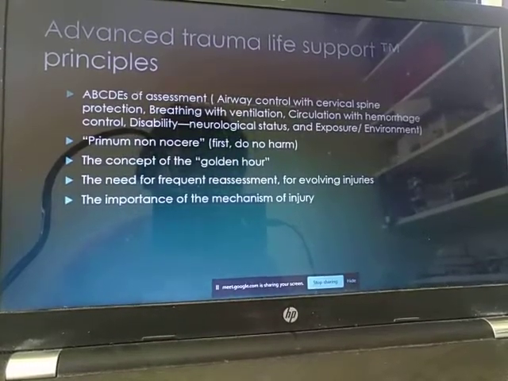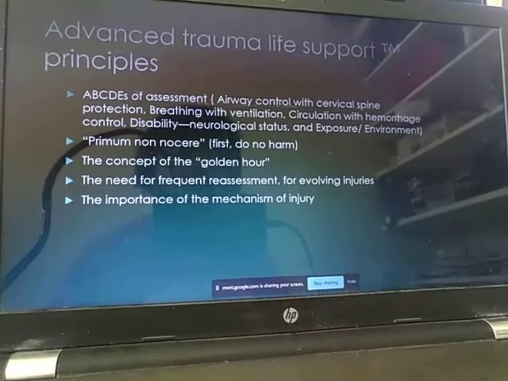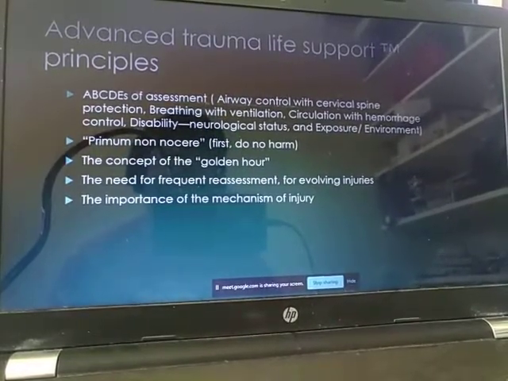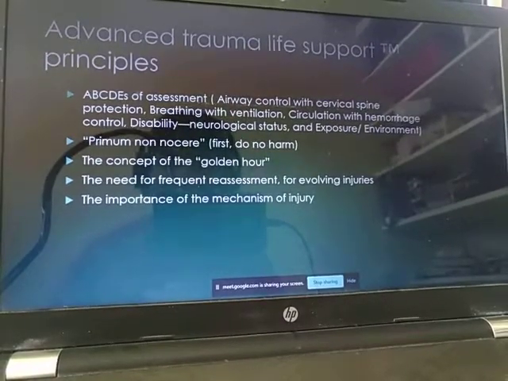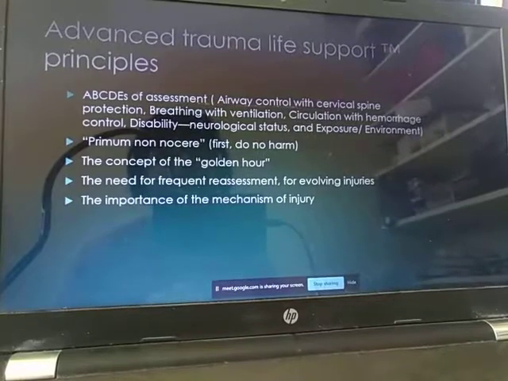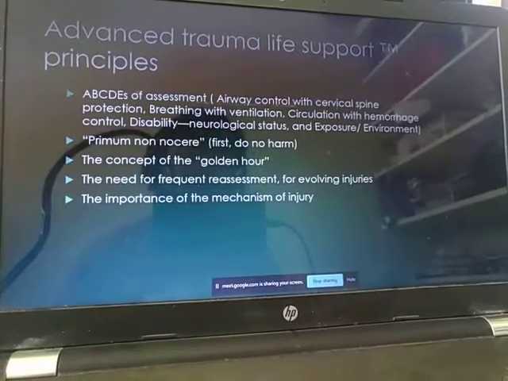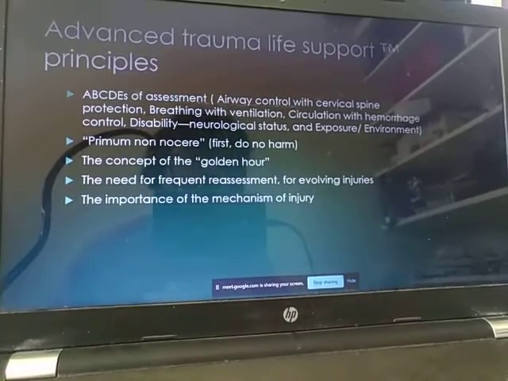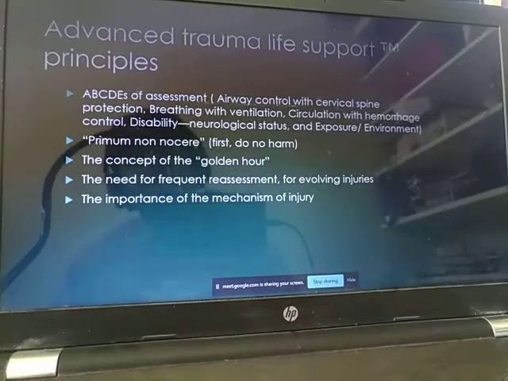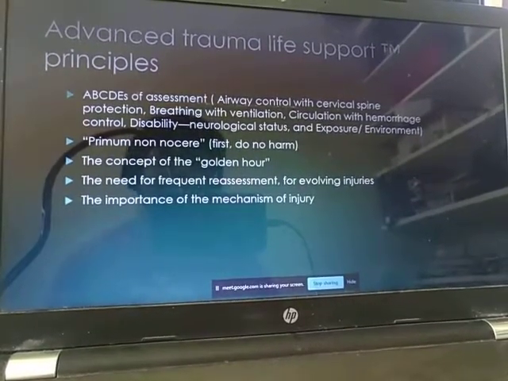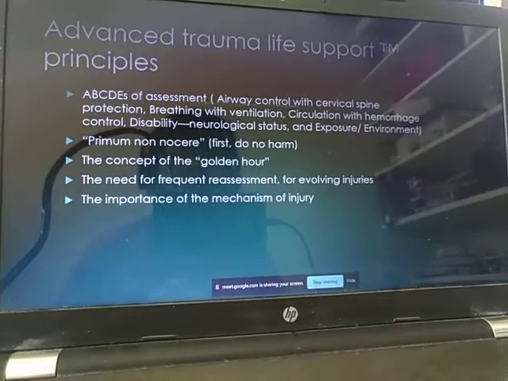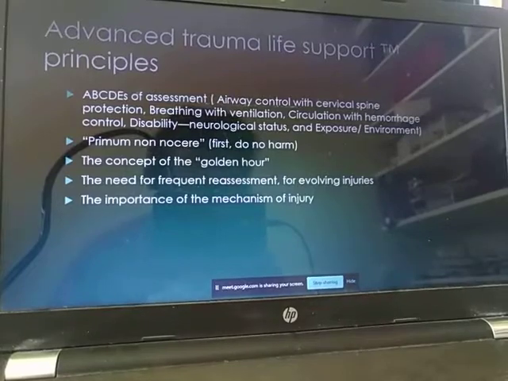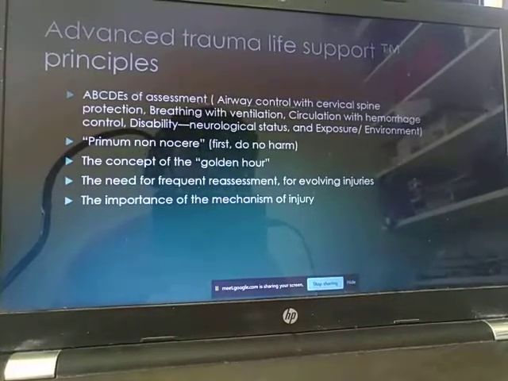Suppose for airway control, the clinician should see if the airway is obstructed by any debris or any blood clot or vomit or any fractured segment of the bone which may have displaced posteriorly and is obstructing the airway. We have two airways, the oral airway and the nasal airway. We have to see that patency of the airway is always maintained. If patency of the airway cannot be maintained, the clinician has to decide to go for a surgical airway immediately, if normal patency of airway cannot be maintained by just removing debris or the blood clot or relocating the fractured and displaced segment.